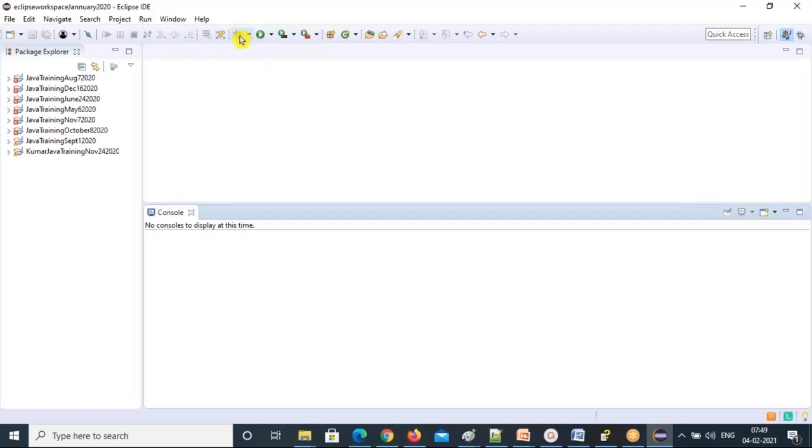If you want to run in debug mode, what is debug? Debug is nothing but executing your program step by step. You check whether line by line code execution is happening or not with this debug mode. So how can you find there is an issue in the program?